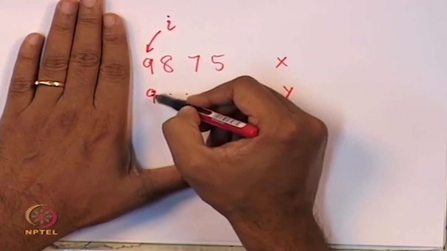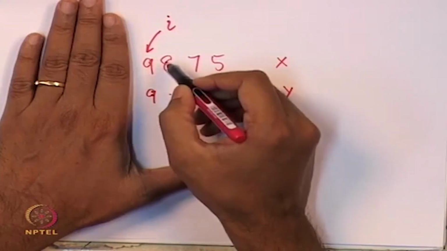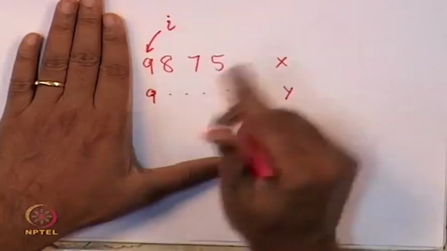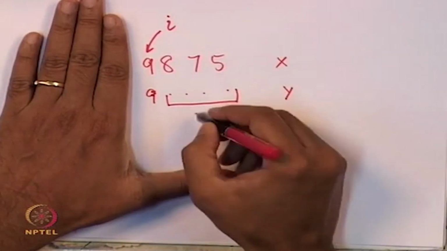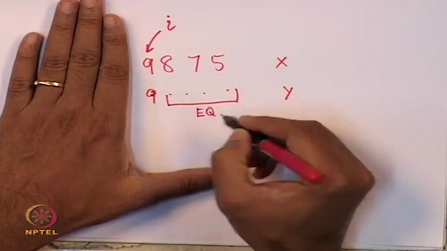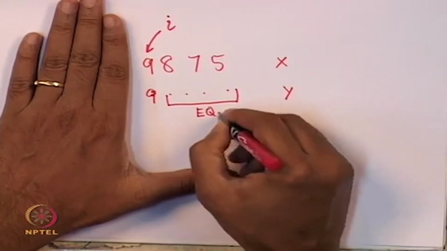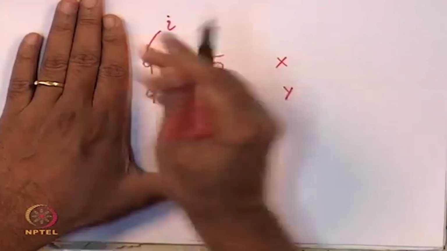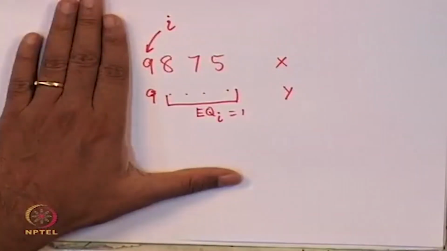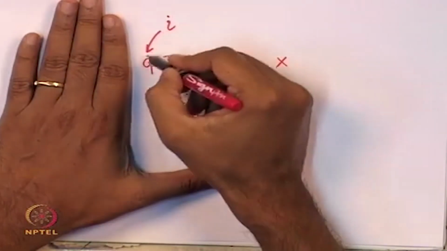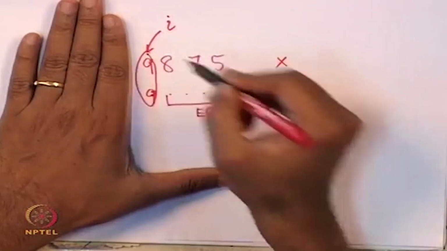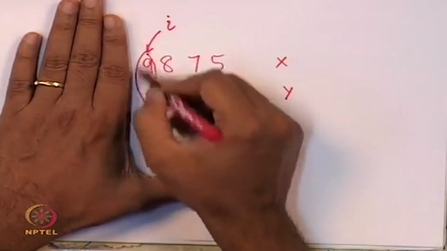If these 2 are the same, then I can say that this number is equal to this number only if everything to the right side were also a match, right? So if EQ of i is 1, or all the digits from i minus 1 all the way down to 0 are all equal,